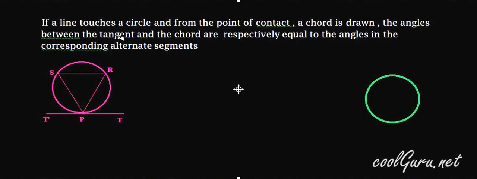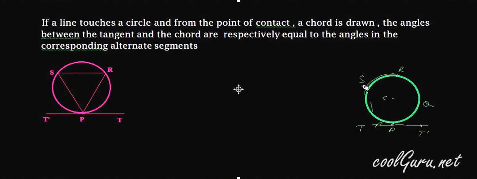Before proving this theorem, we must know what are angles in alternate segment. Consider this circle with center C and these points P, Q, R and S on the circumference of the circle, and let T P T dash, where this point is P, be the tangent of this circle. Then the segment formed by this arc RSP,